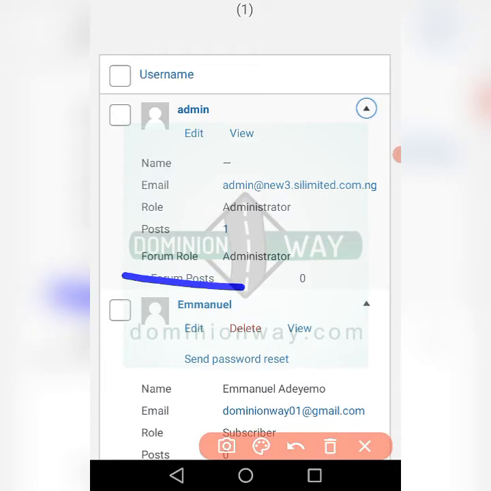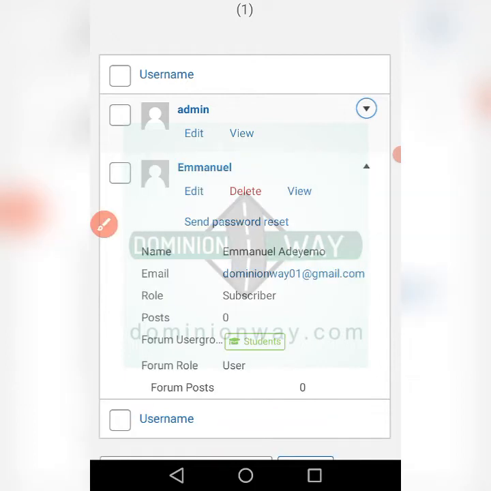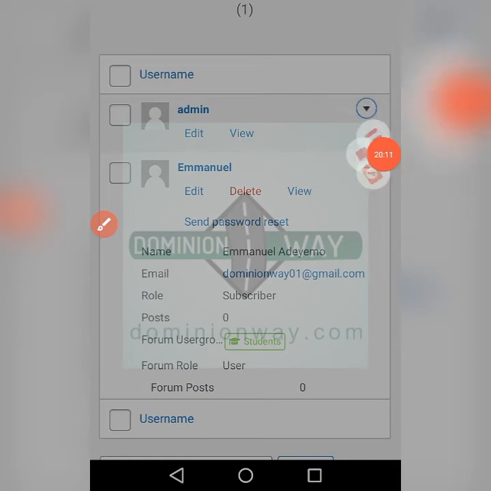The admin only has the forum role, which is administrator. So if we are adding a user group for the admin or for anyone else, what we need to do is